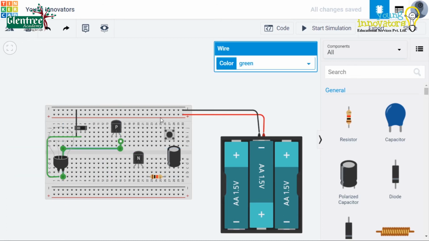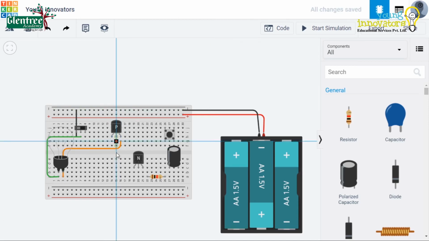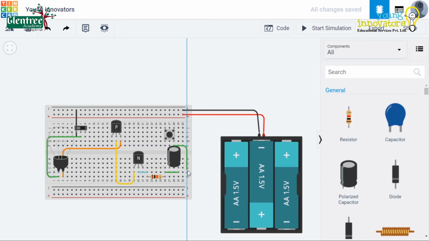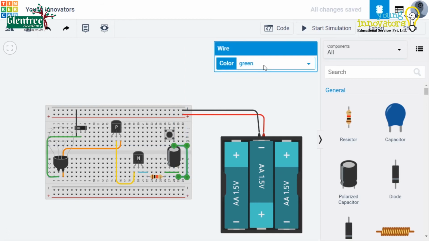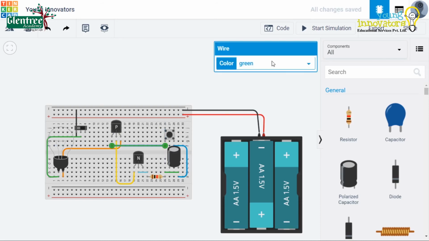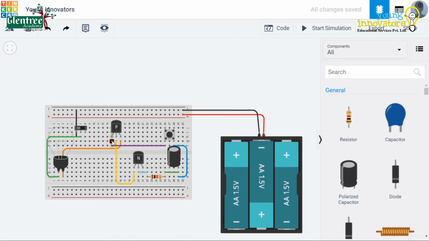The base terminal of the PNP transistor will go to the collector terminal of NPN transistor. The base of the NPN transistor is given to the electrolytic capacitor through a resistor. The positive end of the electrolytic capacitor is given to press switch. The other terminal of the switch is given to the emitter or the positive end of the battery. The emitter of the PNP transistor is given to the positive end of the battery again.